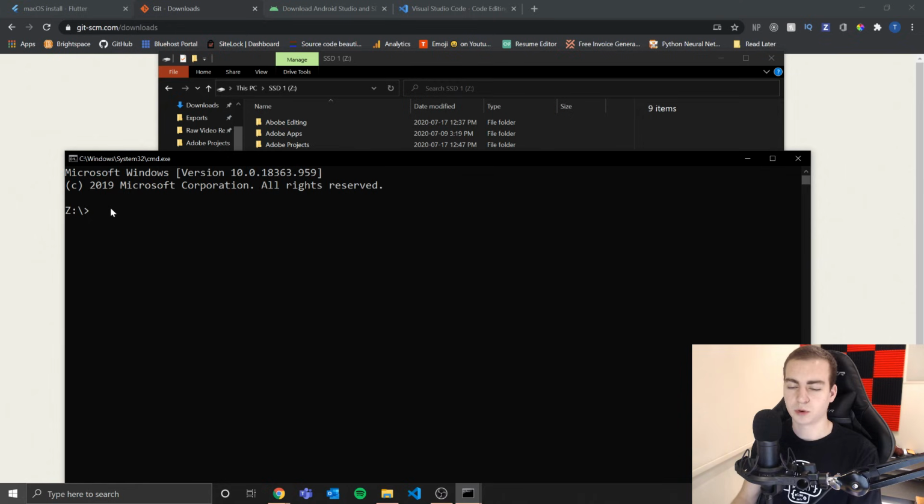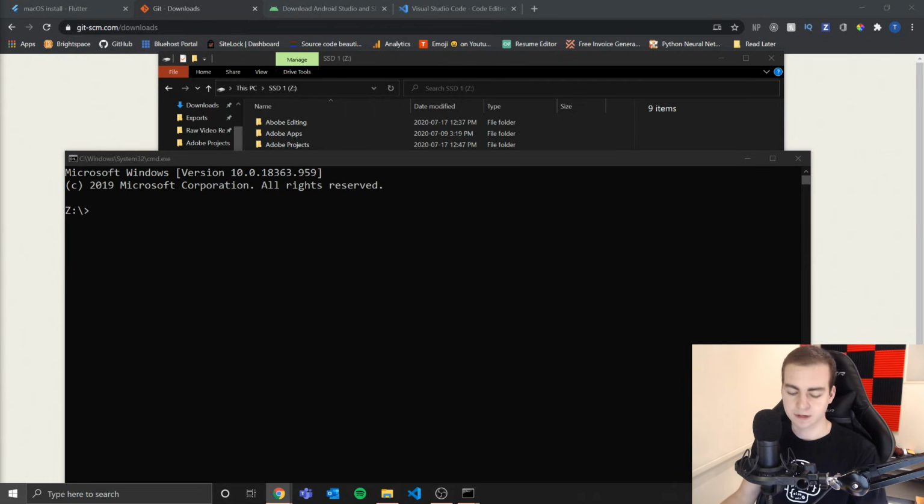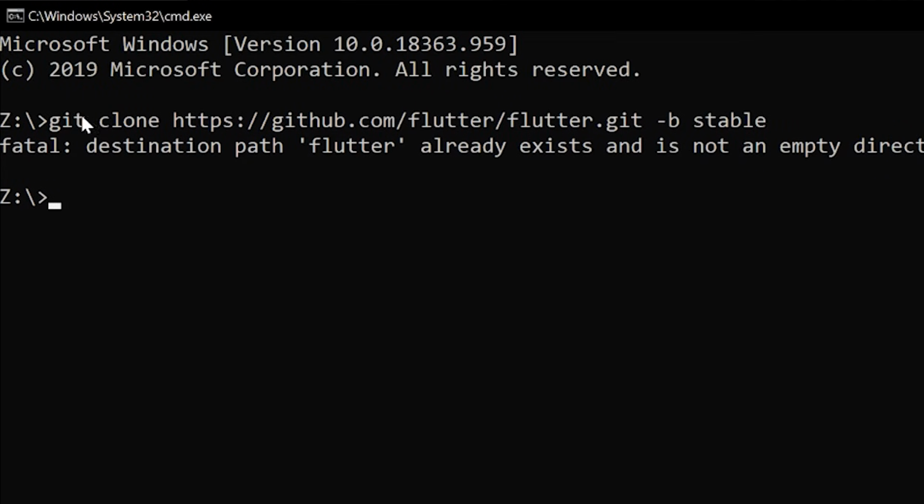So once you have that, we're going to use Git to actually clone the Flutter SDK right into this folder so that we don't have to do any extracting or downloading ourselves or anything like that. So I'm just going to copy this command. I'll put it up on the screen and leave it in the description. But this is what you want to do. You want to type git clone and then